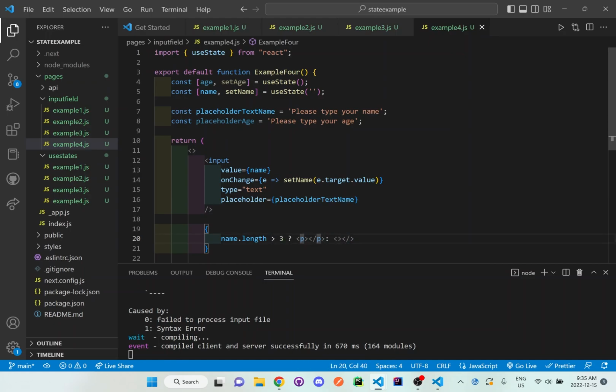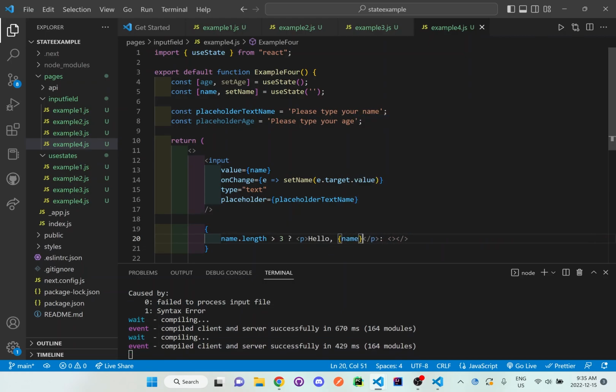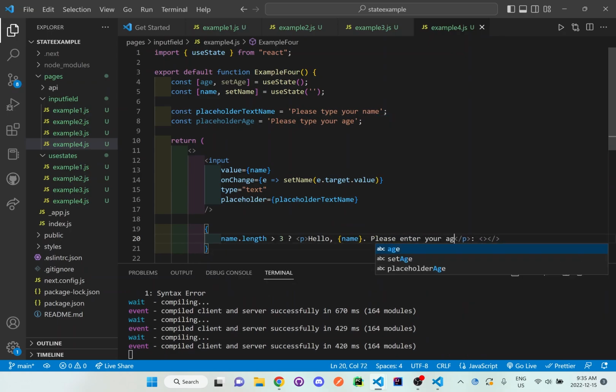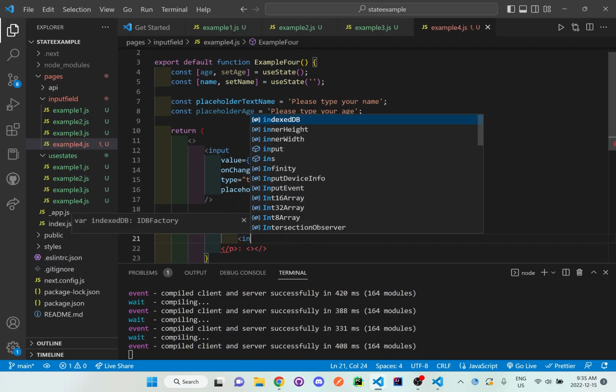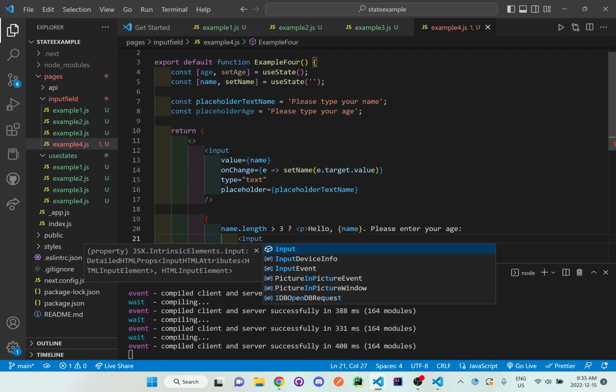So what we'll do here in this p tag is say hello, whatever the name is, please enter your age. And you can always stylize this later. I'm just going to do this roughly. Input